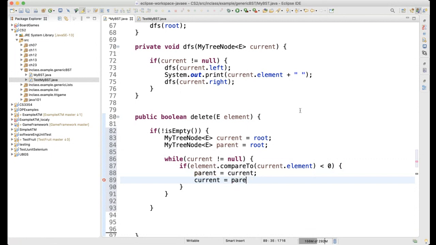So the current is going to become the current dot left, right? So we have to go to the left side now. And if it's not this scenario,